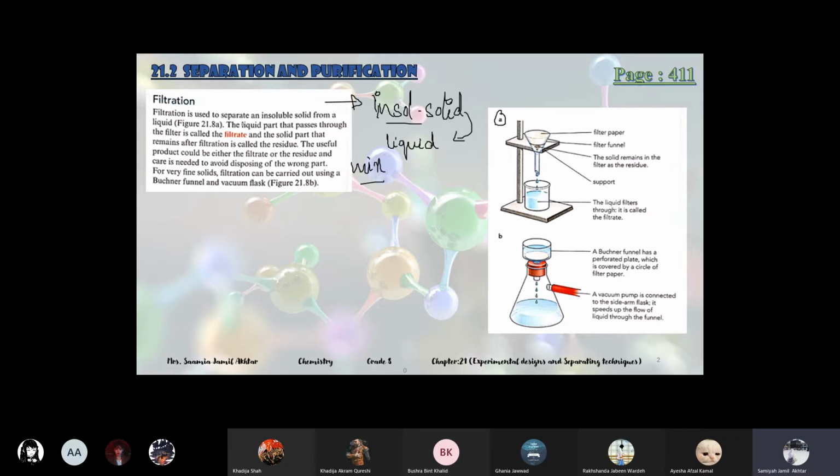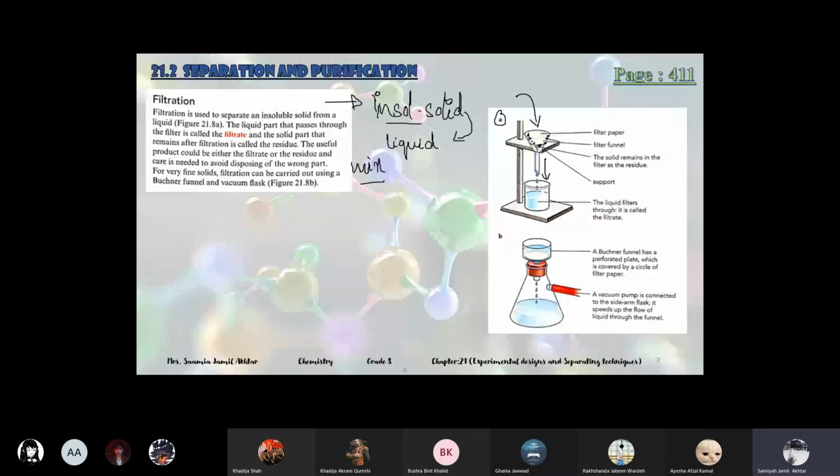We will take a funnel, and inside the funnel we'll put filter paper. Filter paper has small pores, so when we pour the mixture into the funnel containing filter paper, the large, insoluble solid particles will stick on the filter paper, and the rest of the liquid, the solvent, will pass through and go into the beaker.